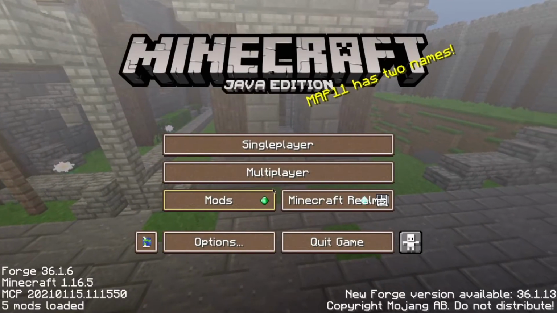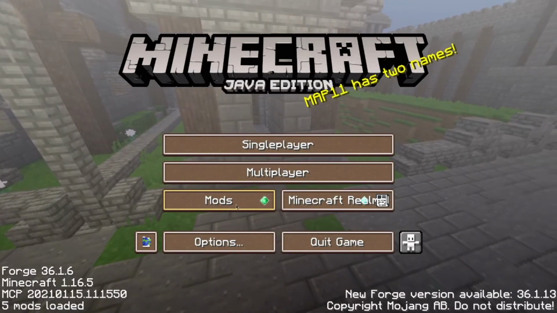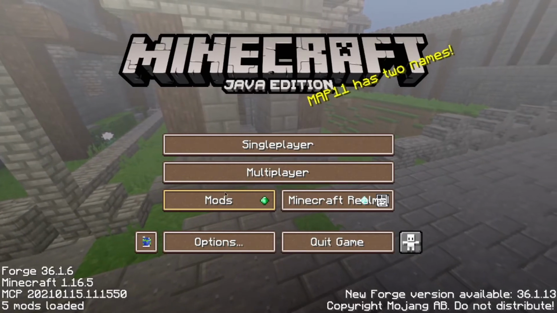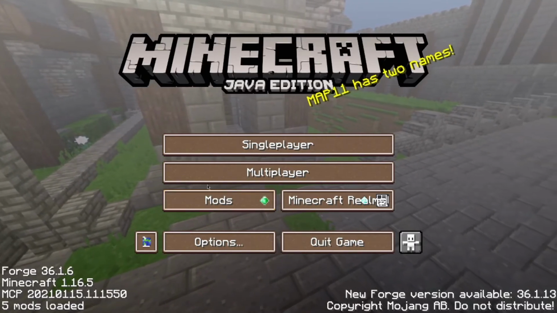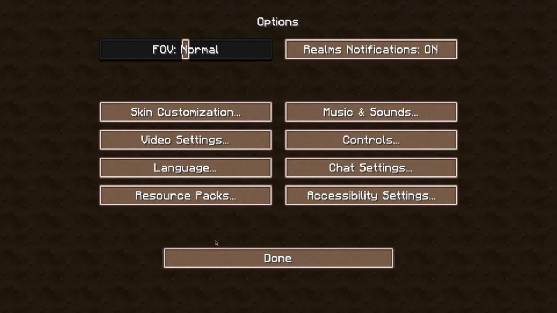Once the game is loaded, you can press on the mods tab and just press open mods folder and drag downloaded mods into there. If that doesn't work, or the mods category doesn't show up, go into options, then resource